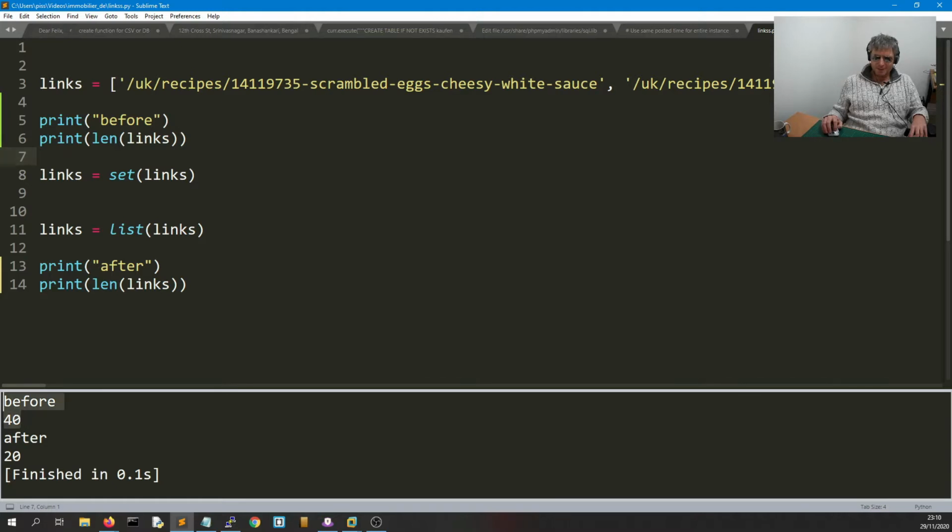And as you can see, I've already tested it. So printed the length before I did anything. Then I use set, and that finds the unique links. And then afterwards, I convert the set back to a list and print the length of that list, which is now 20. Good. Okay, so what I need to do is transplant that code